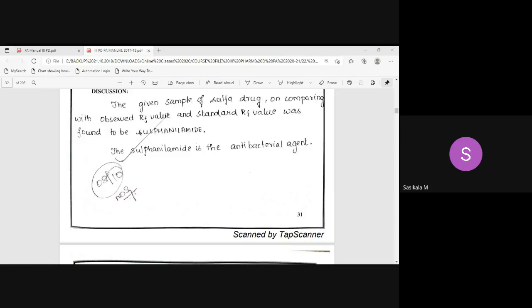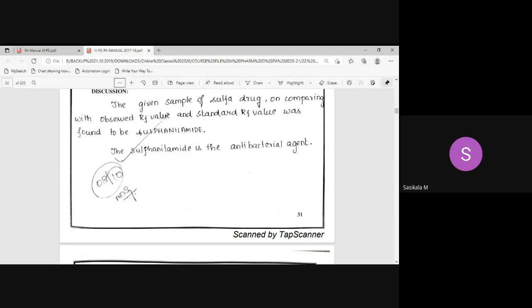Subhadarshini, clear, no? Color of the spot observed for sulfur drugs at 254 nanometer under UV light. This color will be of some fluorescence color, yellow fluorescence or blue fluorescence or green fluorescence. Based on the substance nature, it will be giving. That you need to find out. The same way you will be finding out in the lab also, keeping it under the UV chamber. Okay.